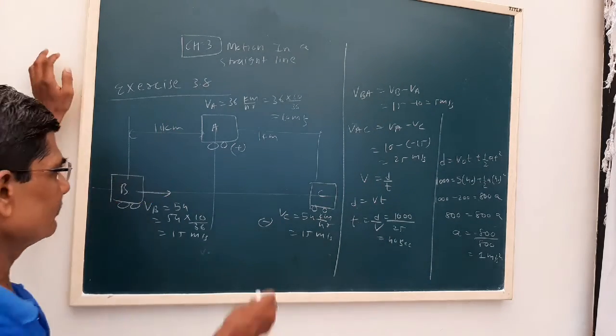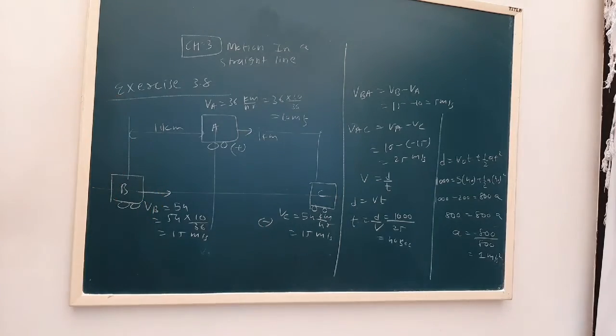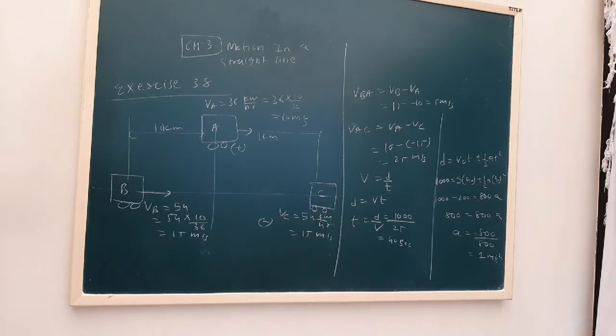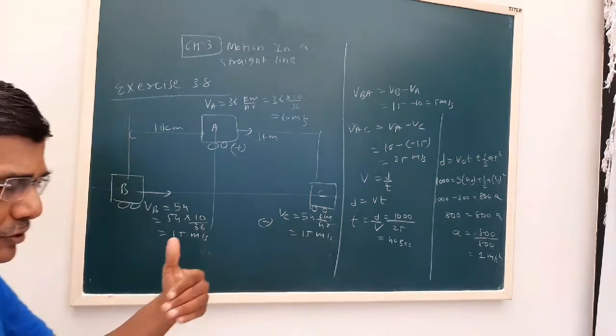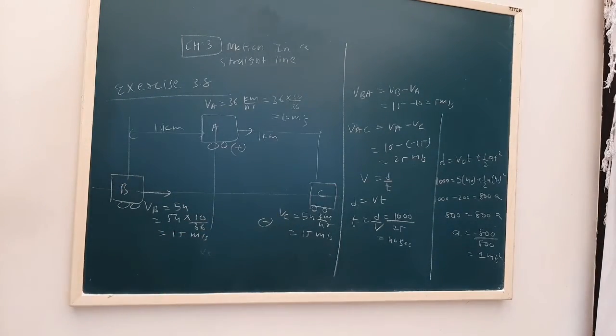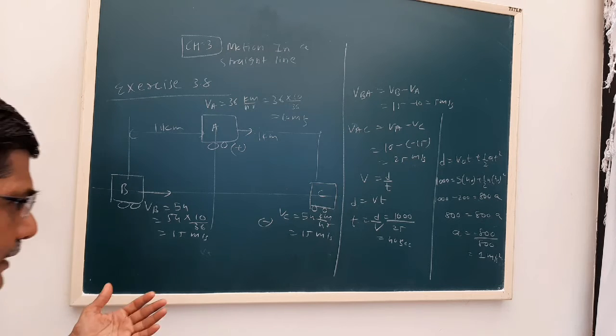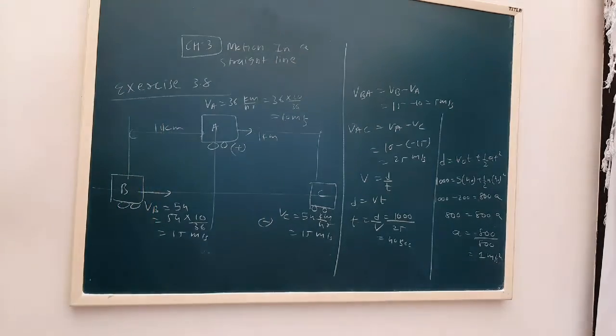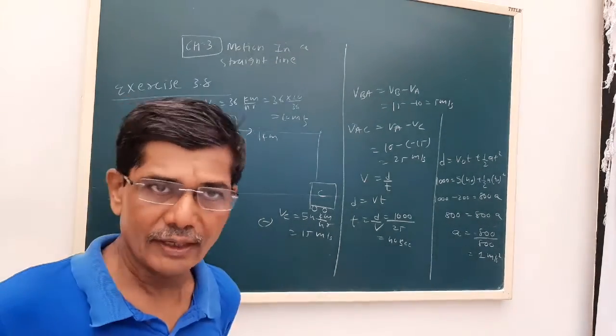See, the car A moves, let us say rightward, with a velocity of 36 km per hour. Two cars, B and C, move in the opposite direction of A. Okay, one toward A and the second in the opposite direction. Initial separation is 1 km. Both move with a velocity of 54 km per hour, that is 15 meter per second. Now B decides to overtake A before C. Then we have to find out with what acceleration it has to travel.